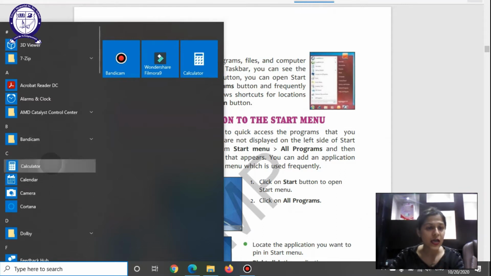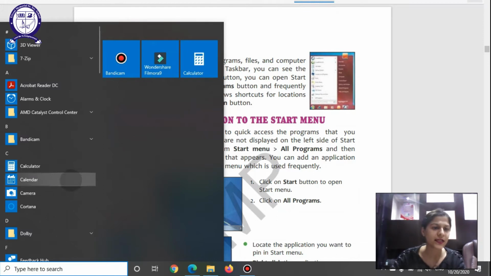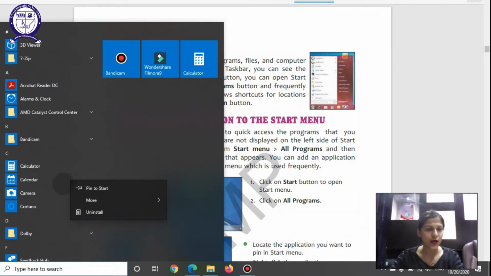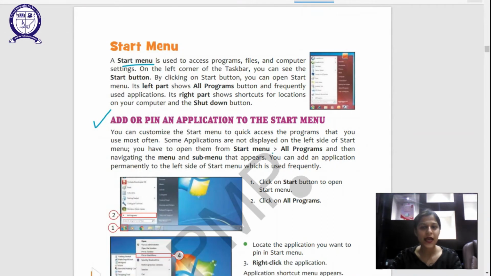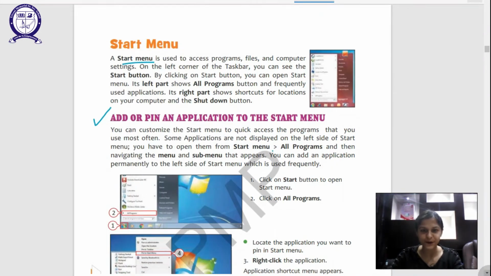I have already pinned the calculator. If I would like to pin calendar, let's say, I would right click upon it and then pin to start. Now you will see that it is available to me on the right side of the start menu, and it is available for quick access, right? So that's the advantage of pinning an application to the start menu.